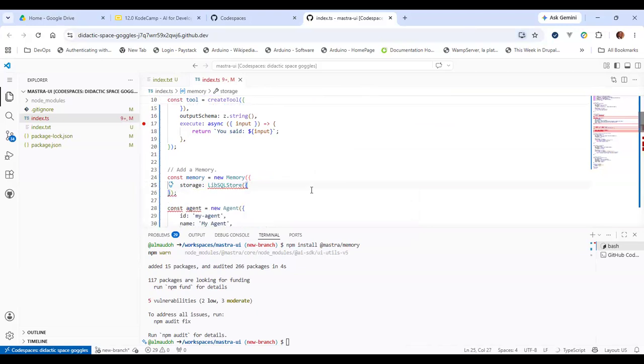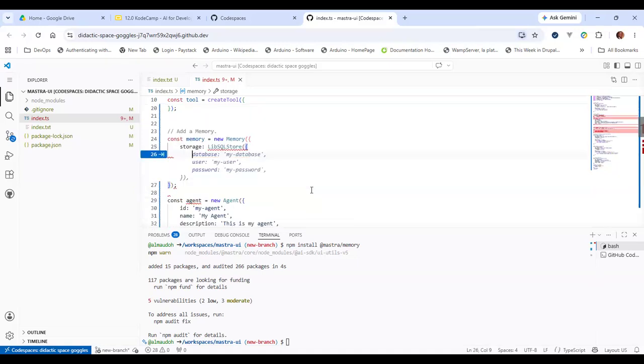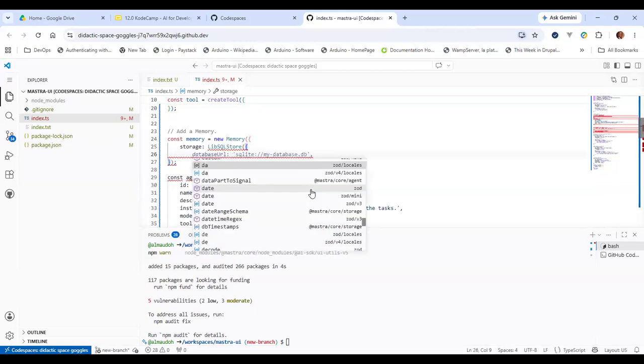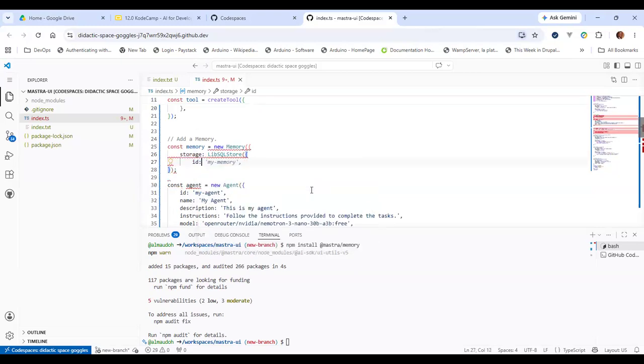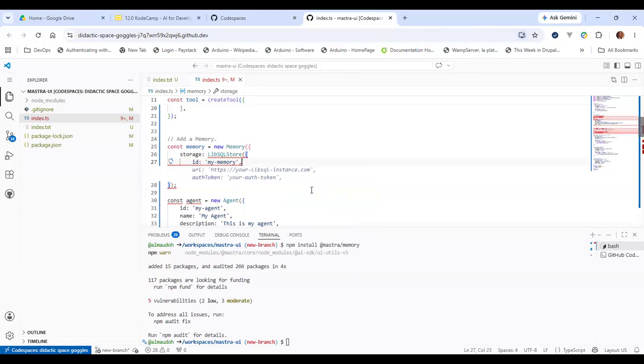So for libsql store, to create it, just like everything else, you specify an ID. If I use control and space, it's going to give me ID. So we can just give it any ID. Then since it is a local SQL store, that means it's using SQLite, so typically you would give it an SQLite URL.